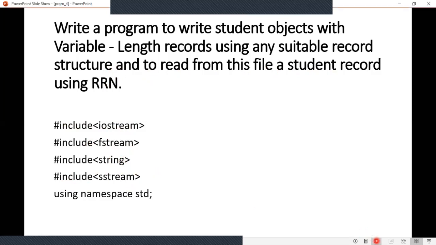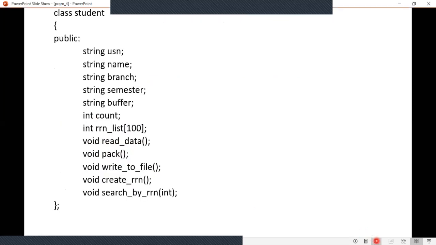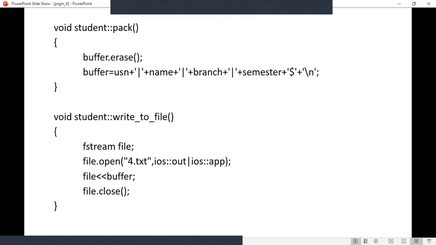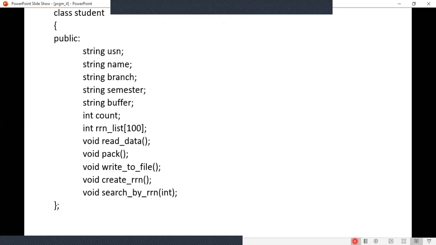Next we will see the main program first, and then we'll come back here. Okay, before that you need to create a class student, and the following are the members and the methods. Here as usual you have string usn, name, branch, semester, and string buffer.